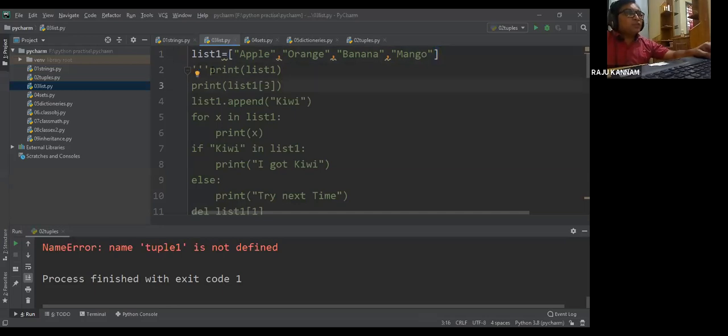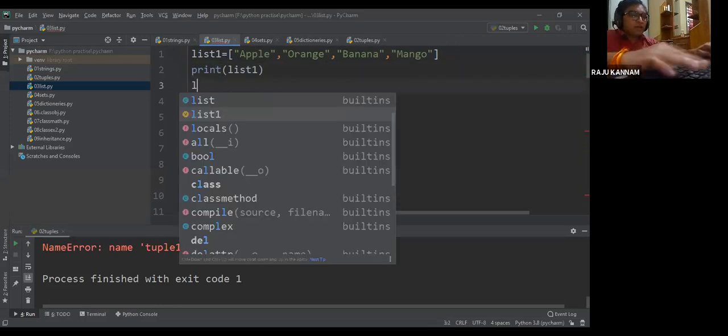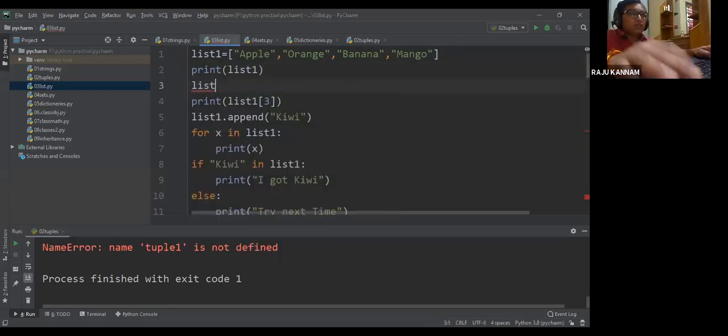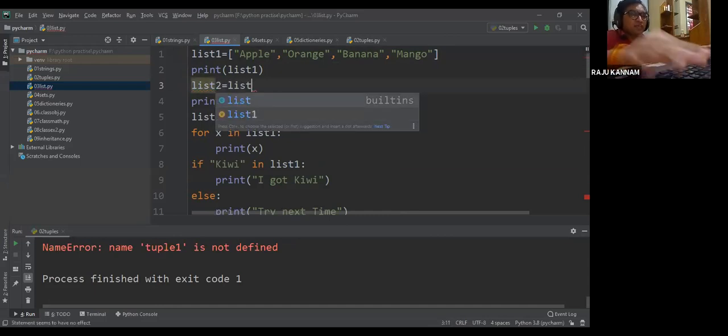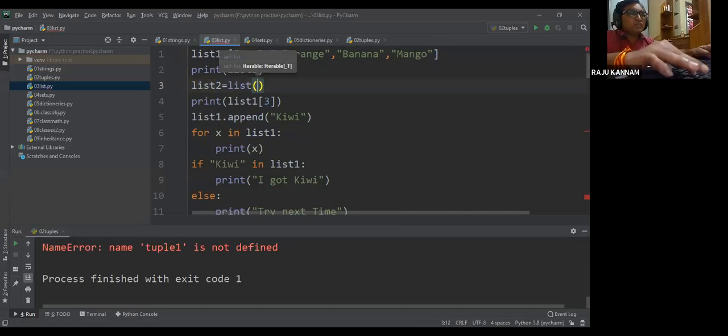So print list1. Of course, you can also create a list with the list constructor. So list constructor, what are all the values? I'll take 1, 2, 3, 4, 5.